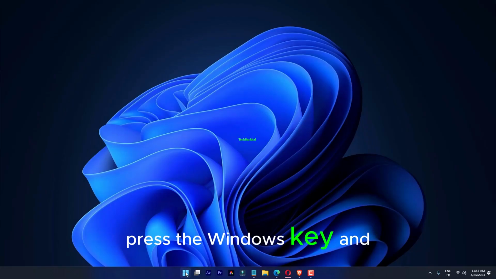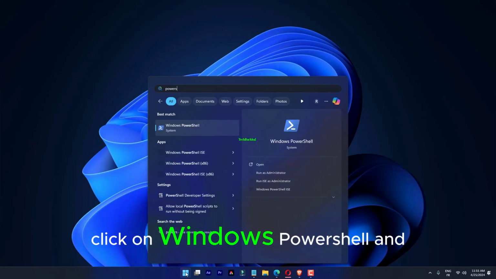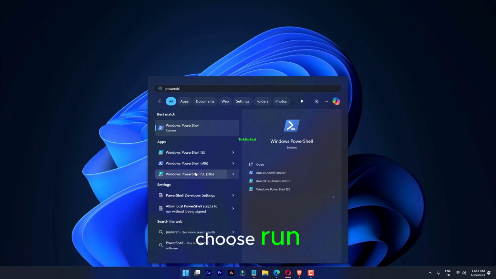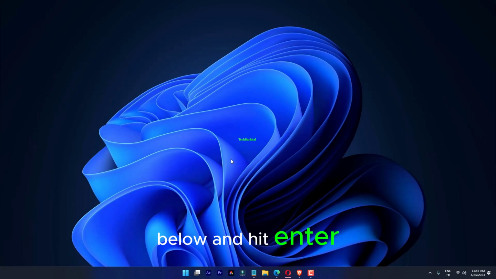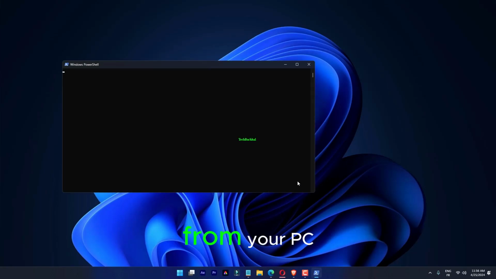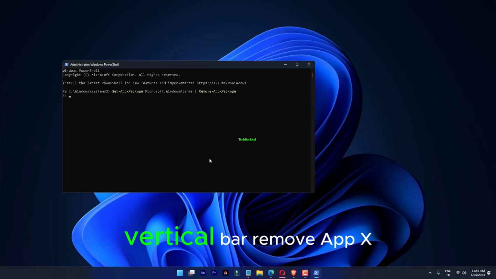Press the Windows key and type PowerShell in the search box. Right-click on Windows PowerShell and choose Run as administrator. Type the command below and hit Enter to remove the Clock application from your PC. Get-AppxPackage Microsoft.WindowsAlarms |